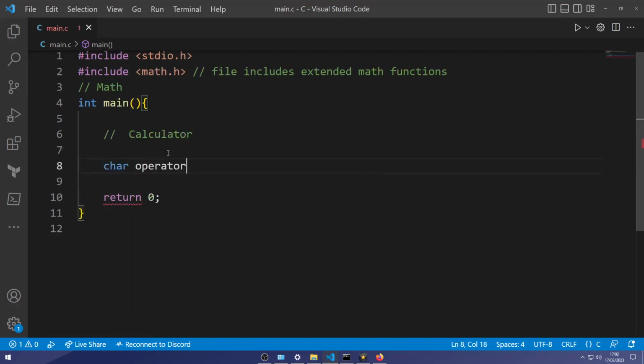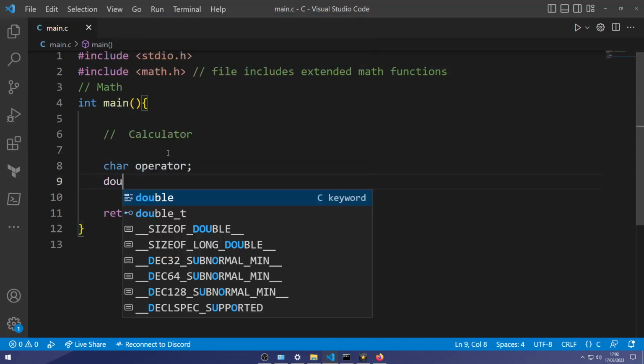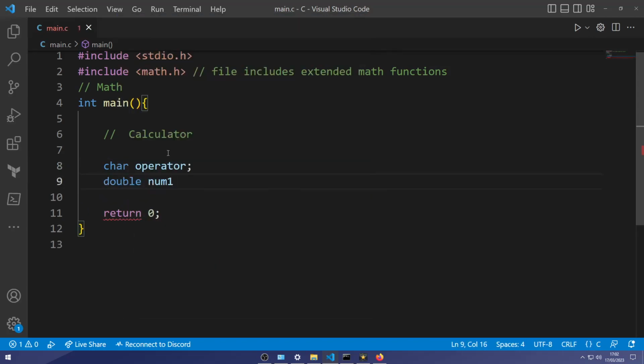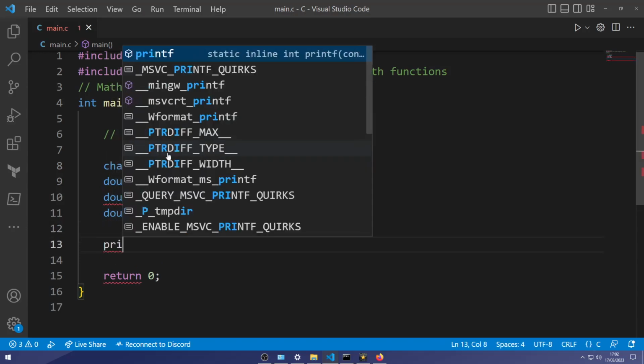Next, we're going to create a calculator. So to create a calculator, let's first define our operator. And we're going to have a number 1 and a number 2. And we'll do the result.